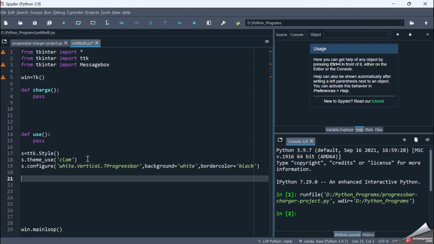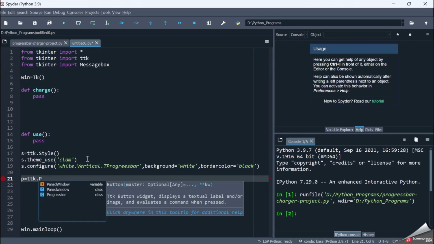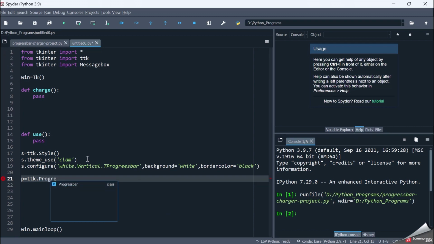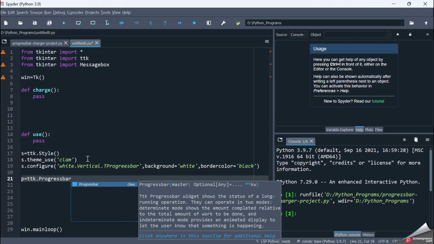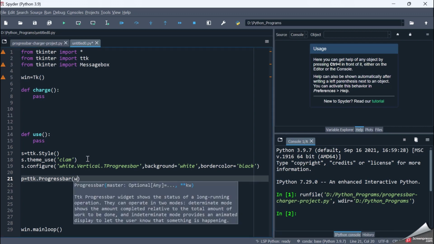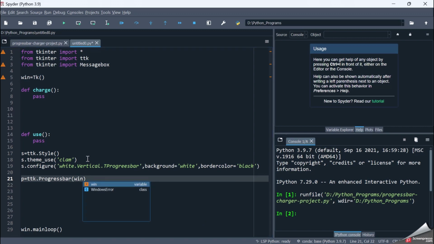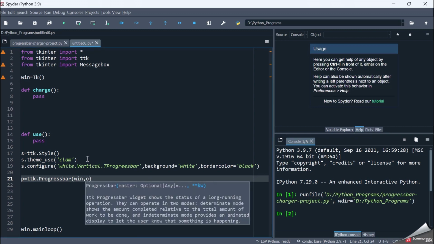Now let us define our progress bar by saying p equal to ttk dot Progressbar, since it is present in the ttk module. Let me place it on my main window. Orient, it's not horizontal, it is a vertical progress bar, so I'm giving orient as vertical,